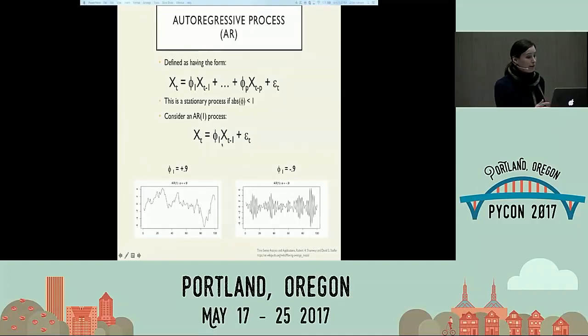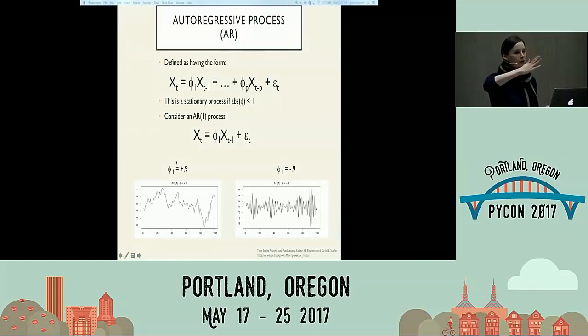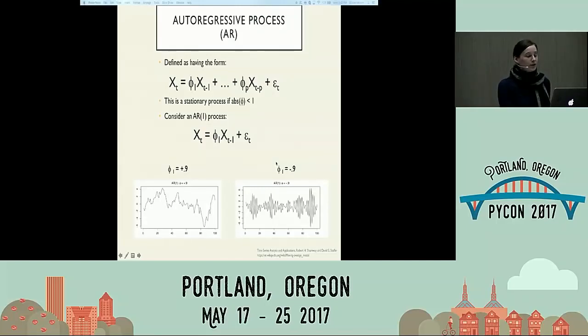And again, you can have a positive or negative theta, and you see the exact same thing, that positive or negative theta tends to indicate how much your time series jumps around, right? So if it's positive, it's smoother because they tend to correlate with each other. On the other hand, if it's negative, they tend to anti-correlate with each other. So those are autoregressive portions.